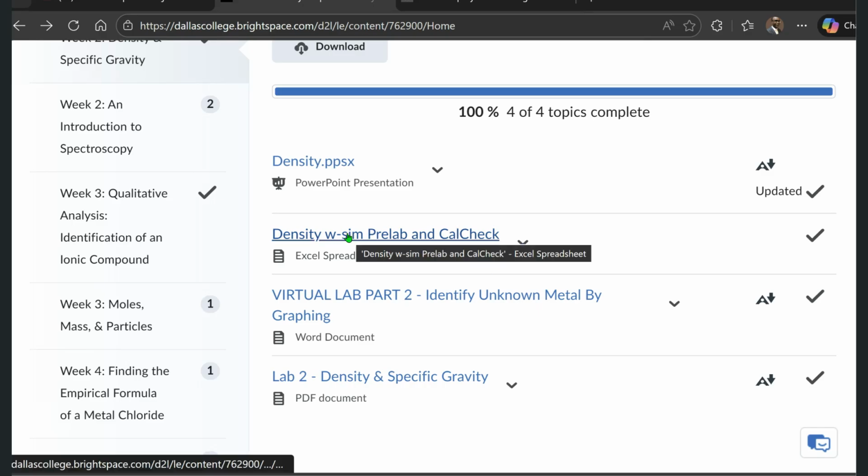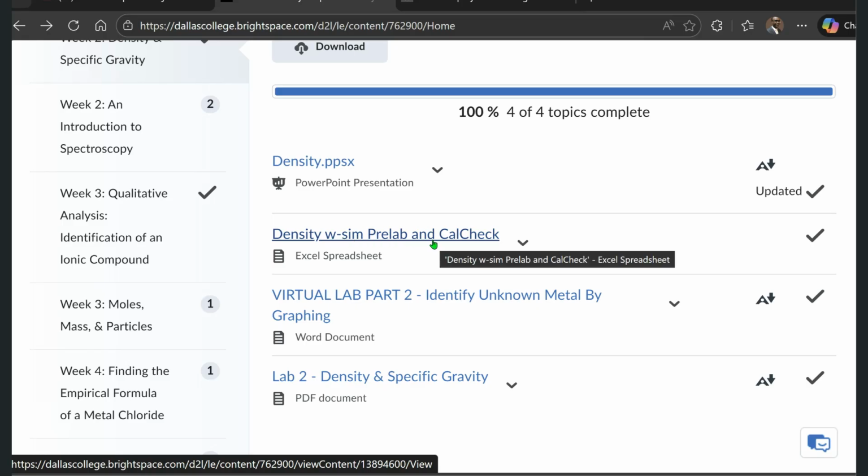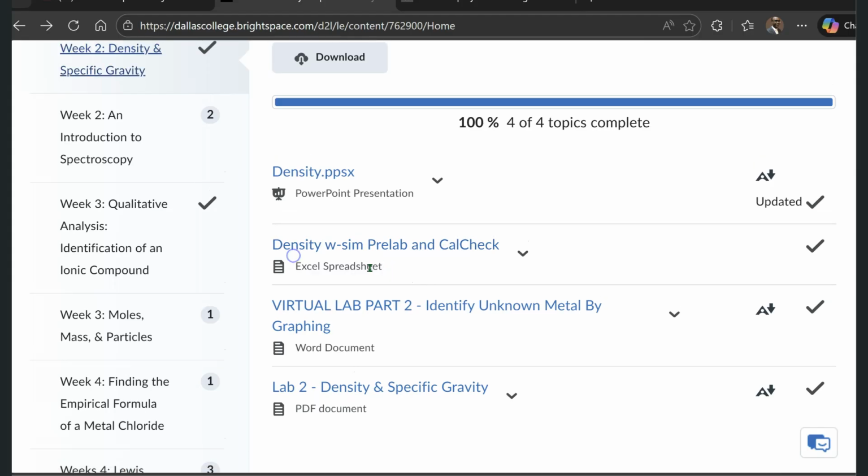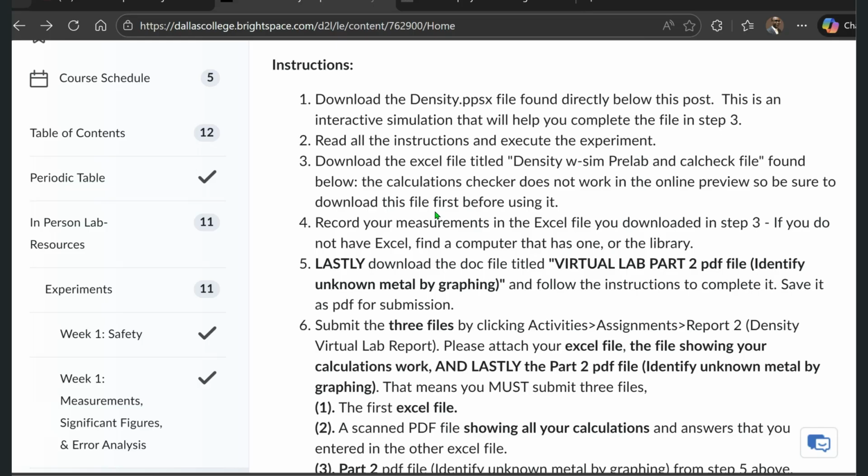So here is the file in question down here. You click the density web simulation prelab and CalCheck file. It's an Excel sheet. It tells you the type of file. This is an Excel sheet. That one is a PowerPoint presentation. And then the next step,